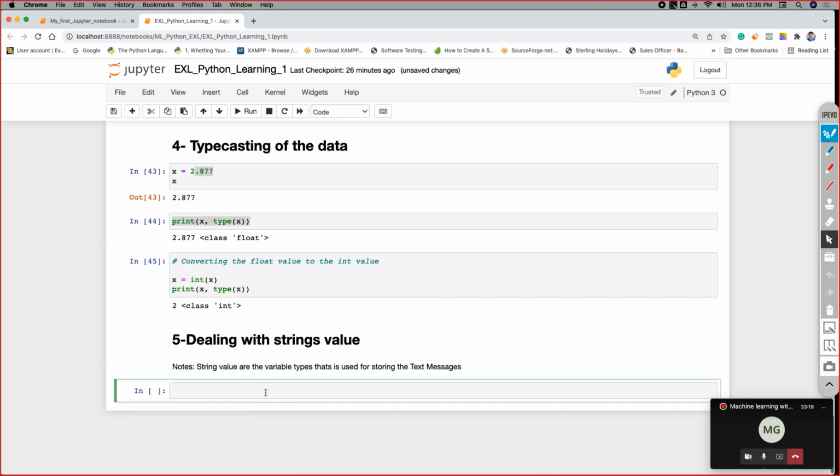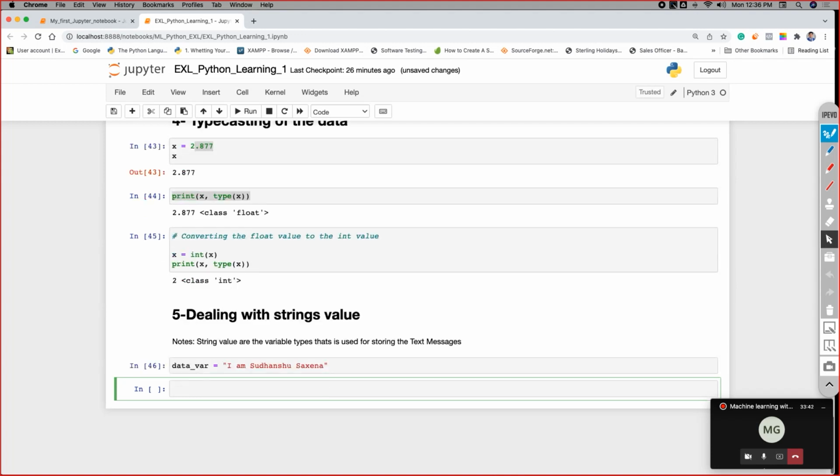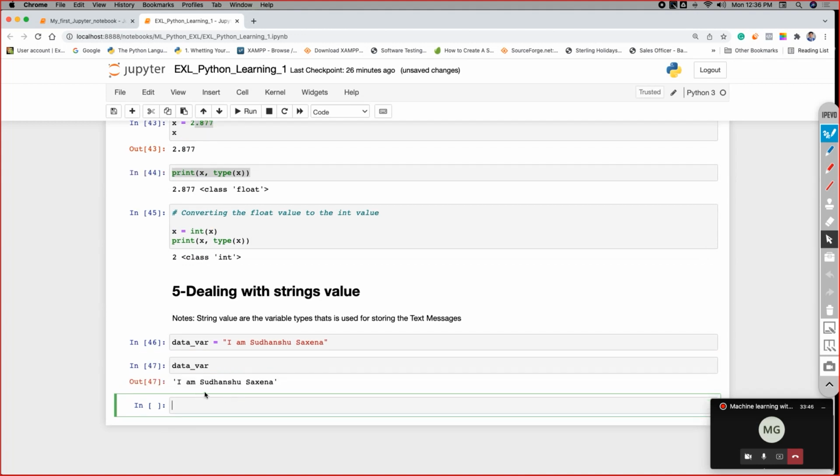So what are these notes I'm talking about? What is this string value I'm talking about? For example, if I have a variable name, suppose I'm saying data_where is equal to, I can say "I am Sudhanshu Saxena", right? If I simply say I'm Sudhanshu Saxena, and I execute this and ask what is this data_where I'm talking about, it will say I am Sudhanshu Saxena. So now notice